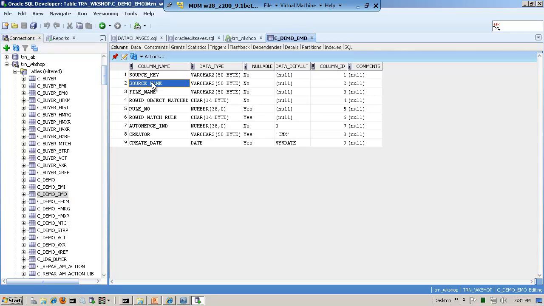Again, the source key, source name, and file name. Notice those look similar to the input table. Well, this is how we can go backwards and see where it came from. And then the rest signify the match pair data. So that's the structure. Let me go back into the hub now,